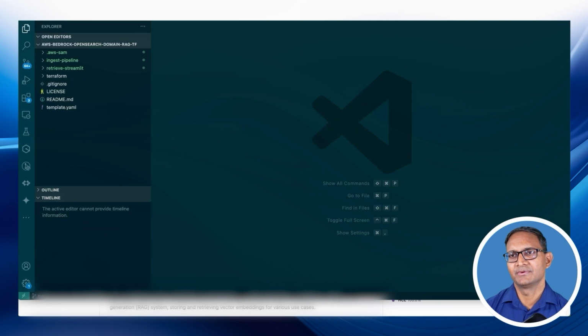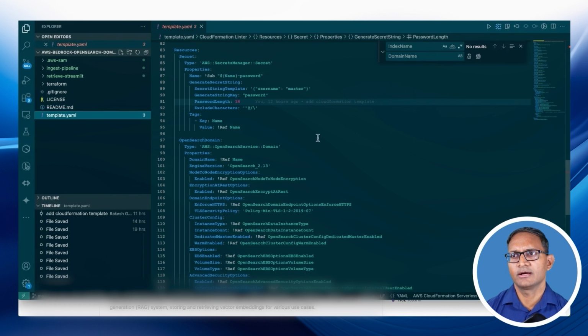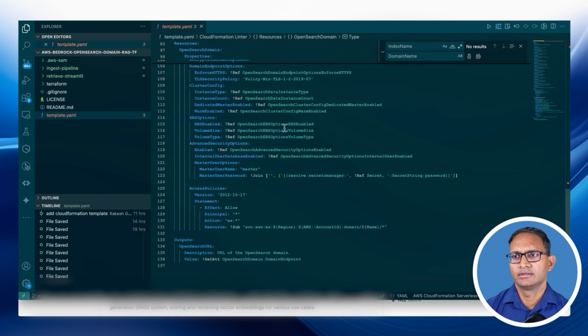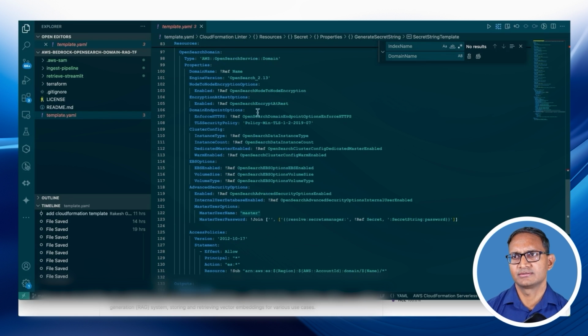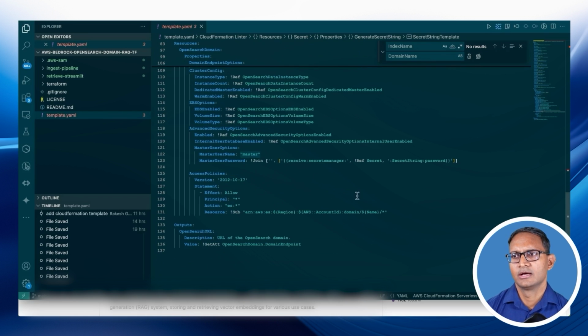You can clone the repos, and as you can see, I have already cloned the repo, with those 3 folders: the ingestion pipeline, retrieval, and the Terraform. Let's focus on the CloudFormation template that we have. What we are doing here is spinning up the OpenSearch service domain, and we are also creating a secret in Secrets Manager that will be utilized with the OpenSearch, providing the permissions. To deploy this template, you can